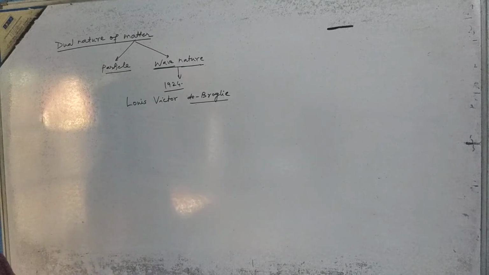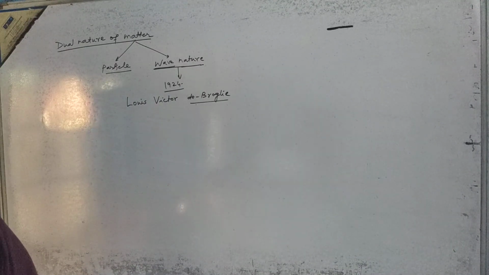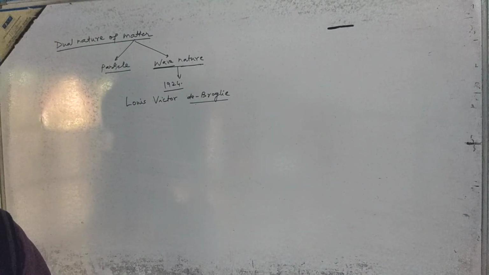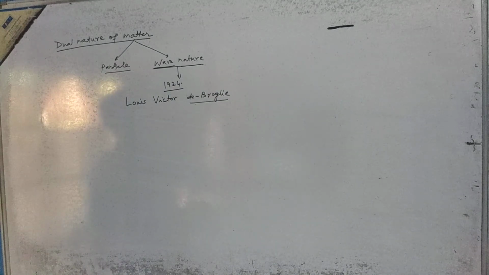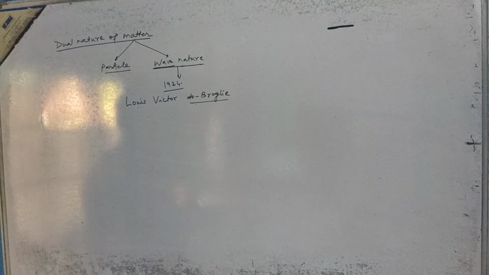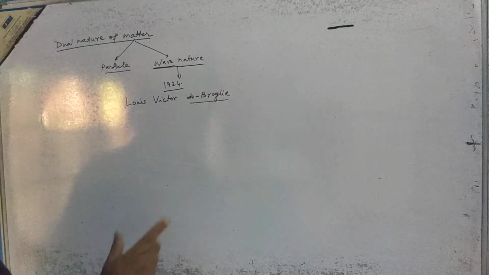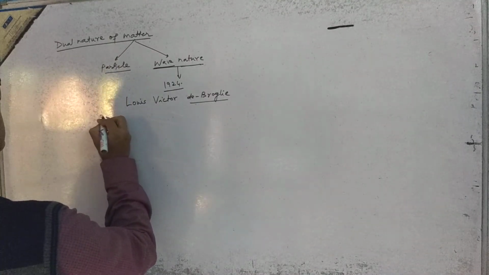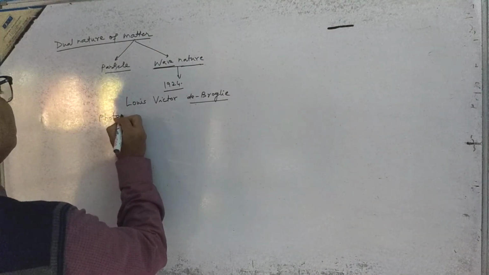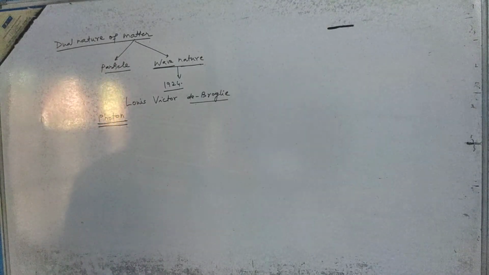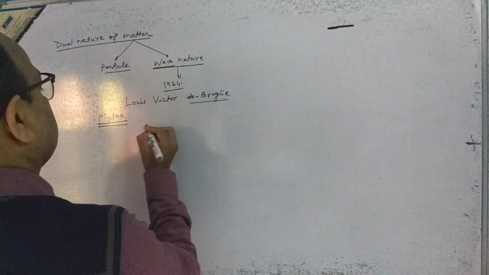Louis Victor de Broglie proposed the wave nature of matter. How was this wave nature of matter proposed by Louis de Broglie? Let us discuss that. De Broglie considered the case of the photon, the hypothetical particle photon, and you know that by